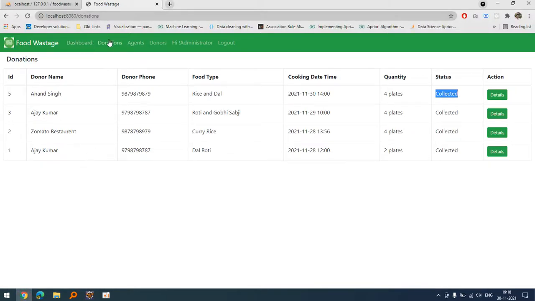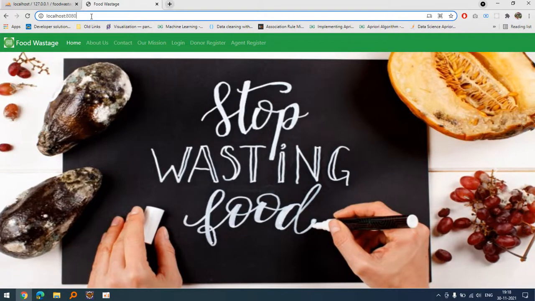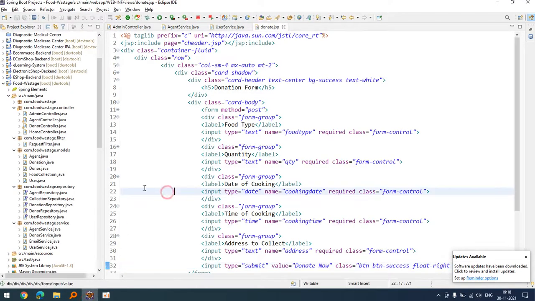Let's suppose I can go to any page, but if I log out, I cannot go to the agents page. If I enter agents, it will go to this page. So this is the whole functionality of the filter.